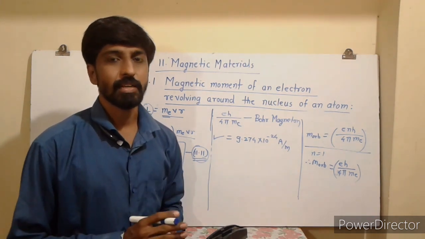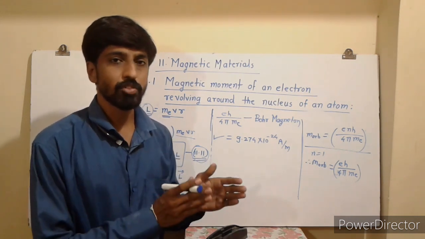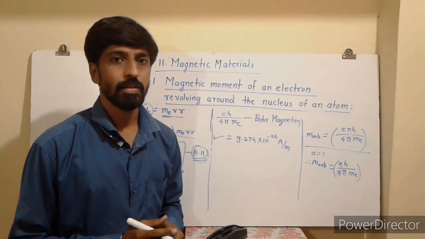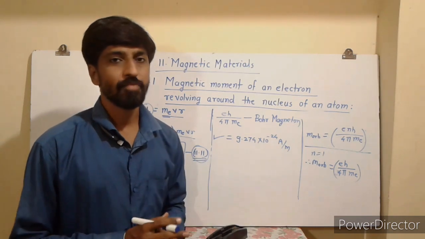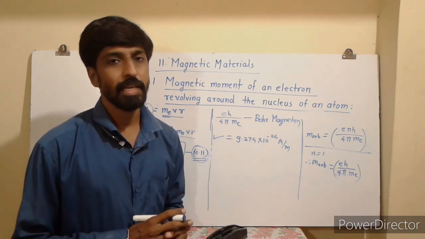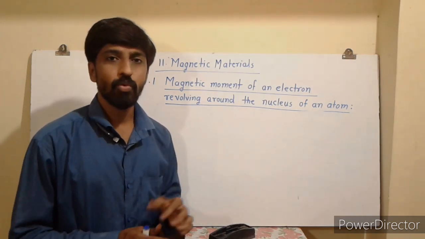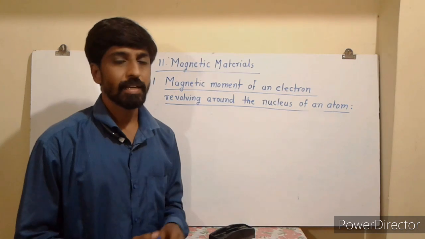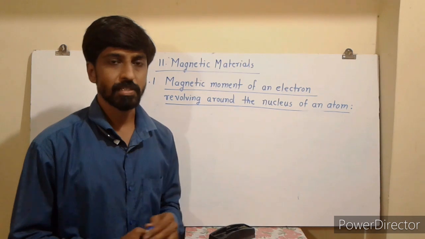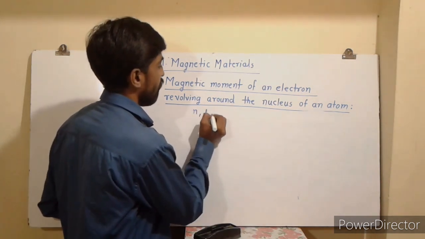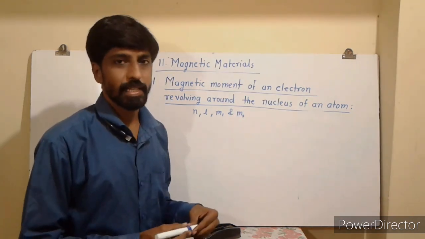As we have stated earlier, the magnetic moment of an electron is not only because of the orbital movement, it is also due to the electron spin. The vector sum of these two magnetic moments is the resultant magnetic moment. You have studied in Pauli's exclusion principle that no two electrons have the same set of quantum numbers n, l, m l and m s defining a state.